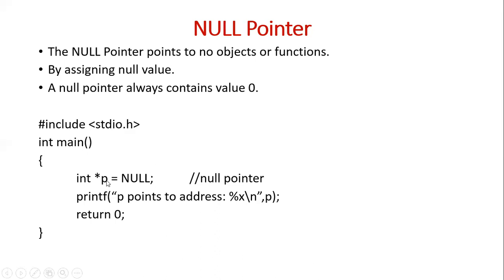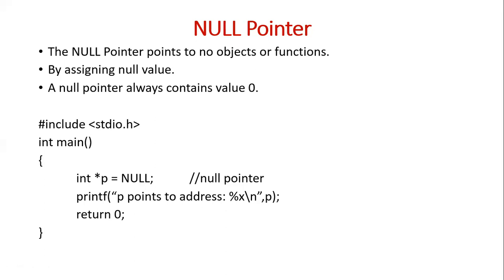It is always advisable to create a pointer like this, int *p = NULL, because it means that initially you are creating a pointer and telling it is not pointing anywhere. Later, maybe after executing 10-15 statements, this pointer may point to some integer variable, that is, it may hold the address of an integer variable. But until then, it is better to keep it as null, because if you keep it as null, then the programmer may not use this pointer accidentally, and even if he uses it accidentally, it will not result in any mishap.